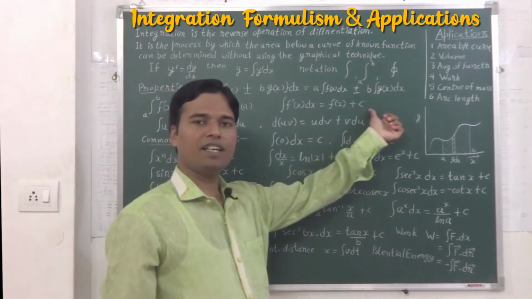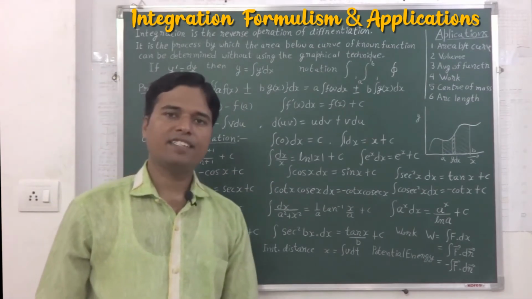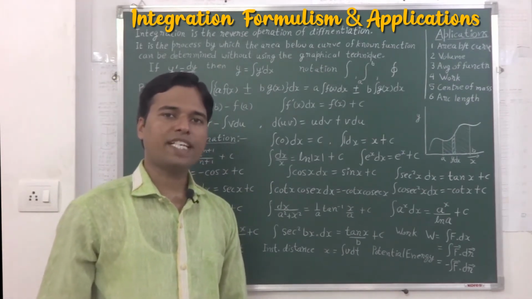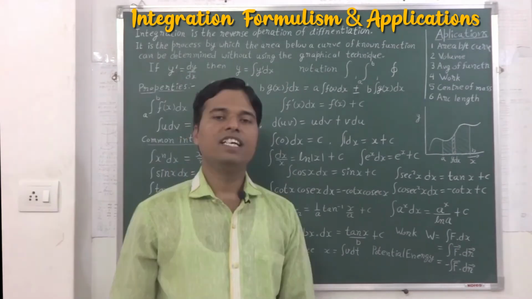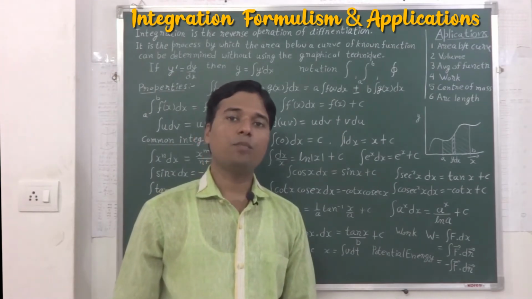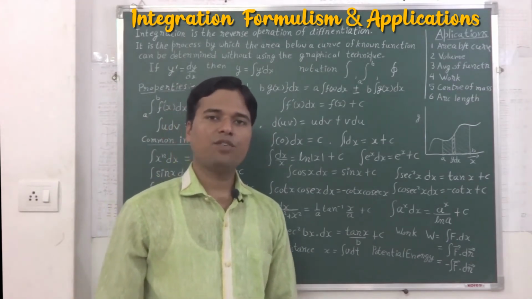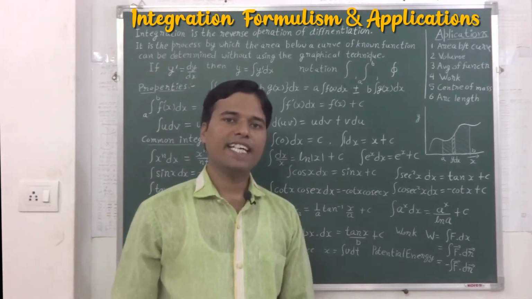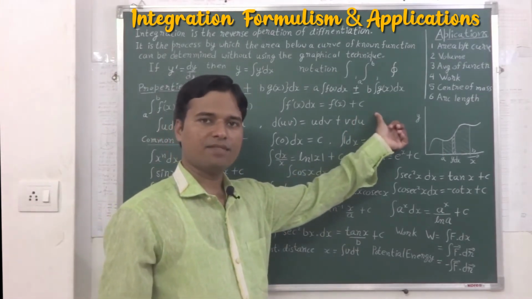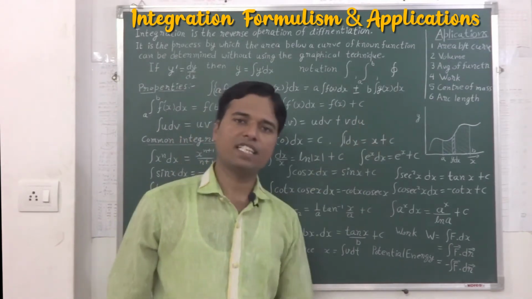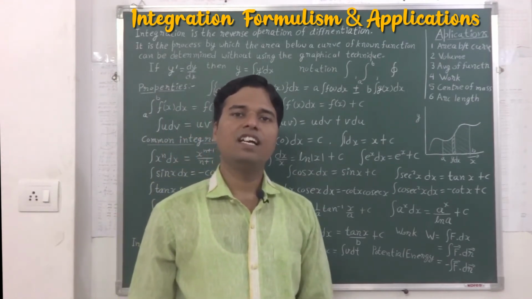The c is nothing but the constant of integration, because if we take the derivative of some constant value, it is always equal to 0. But we know that integration is the reverse operation of differentiation. So when we integrate 0 with respect to some variable, we will get a constant, that is the integration constant here. And the value of the integration constant can be calculated on the basis of the given conditions.